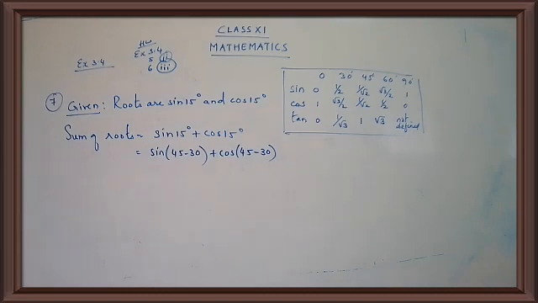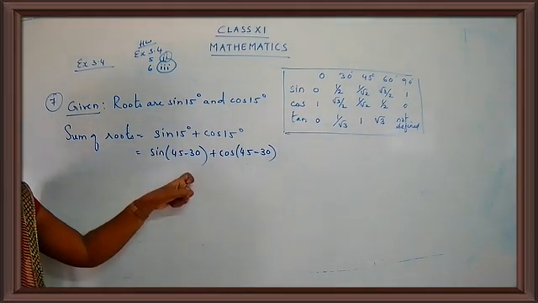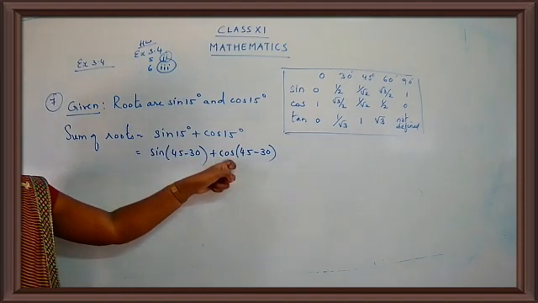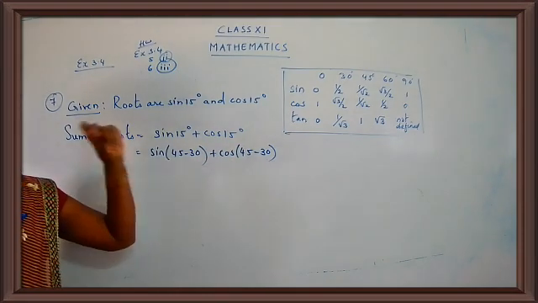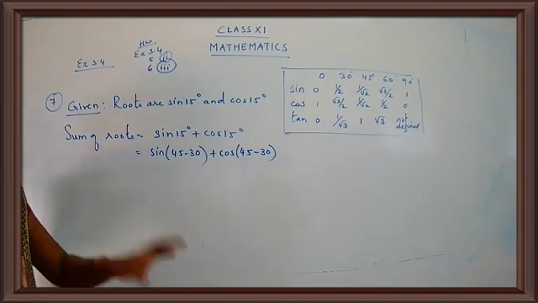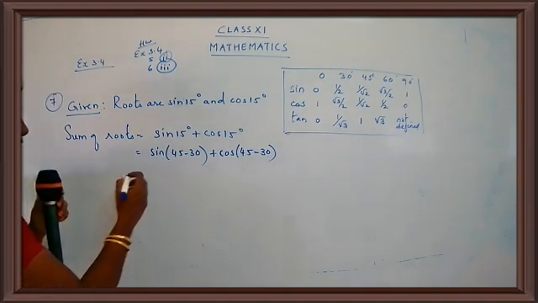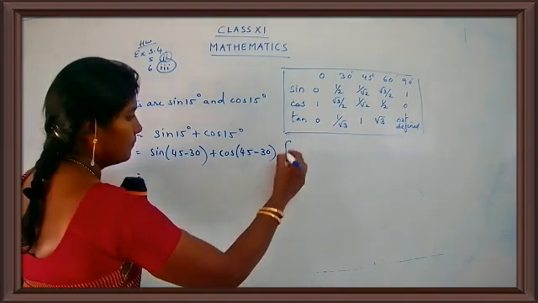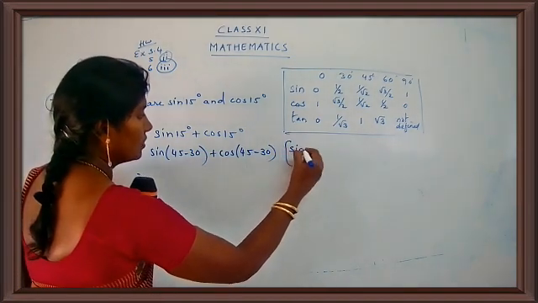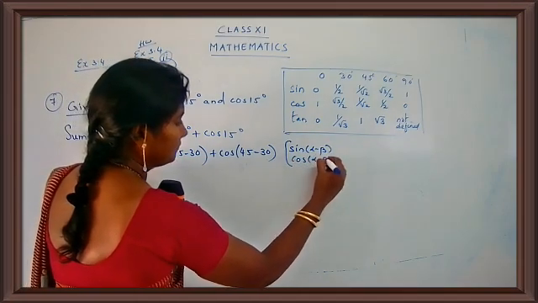Okay, now we are going to apply the formula separately. Here you're going to apply the formula for sin alpha minus beta, and here you're going to apply the formula for cos alpha minus beta. If you're thorough, you can just apply the formula directly. If you're not thorough, just write down the formula and then apply it. No problem. So I'm just going to mention the formula over here. I'll write down the formula for both sin alpha minus beta and cos alpha minus beta.